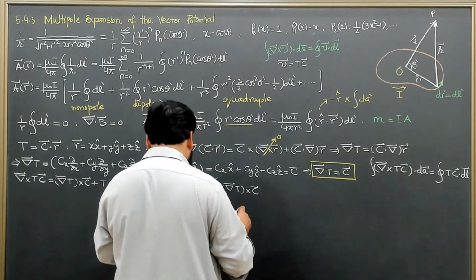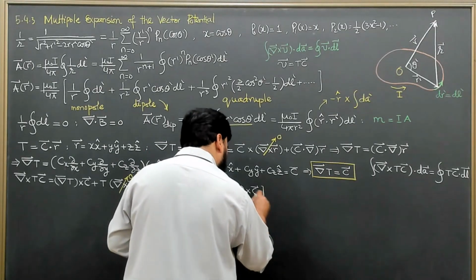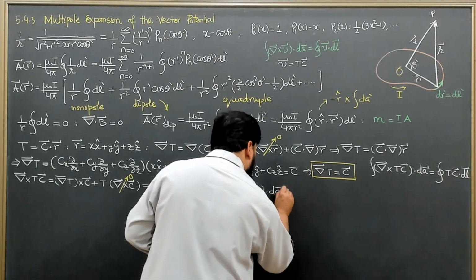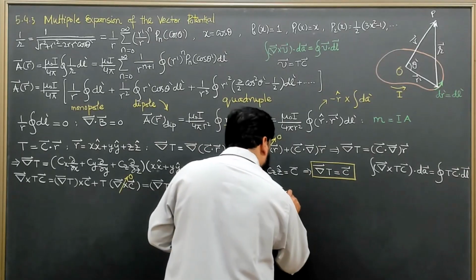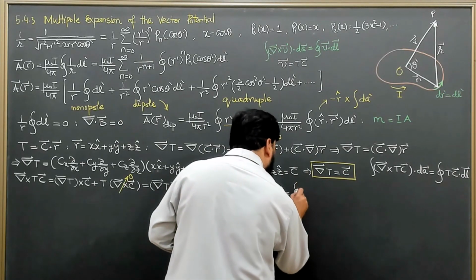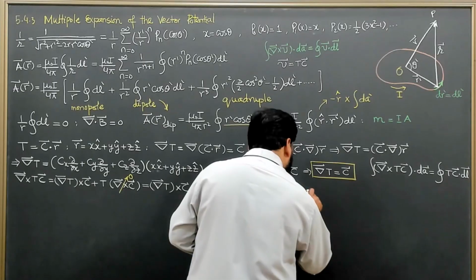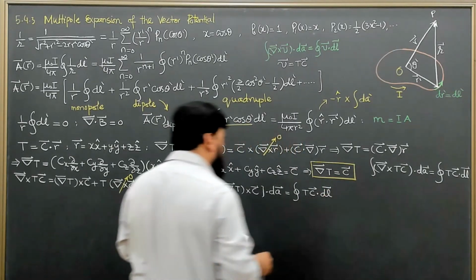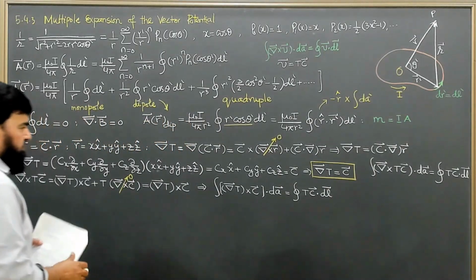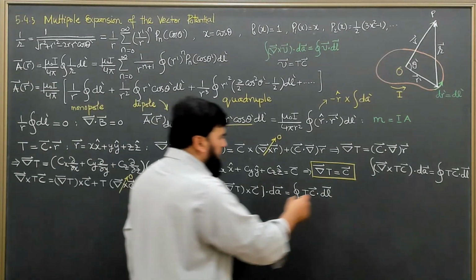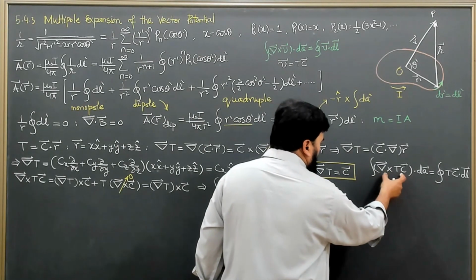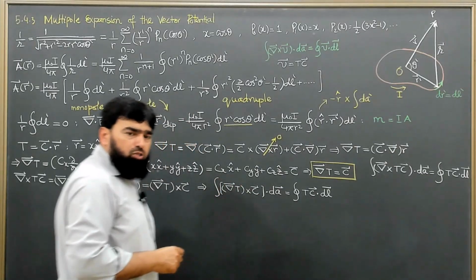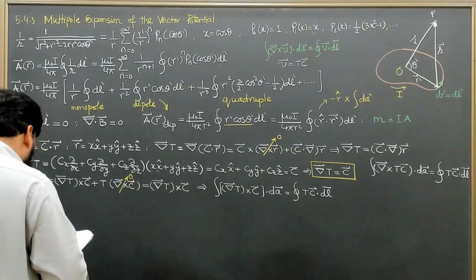So I can write that this is equal to gradient of T cross C dot dA, and this is equal to the closed path integral of TC dot dl. So I have just changed the curl of TC into gradient T cross C. And now I will use